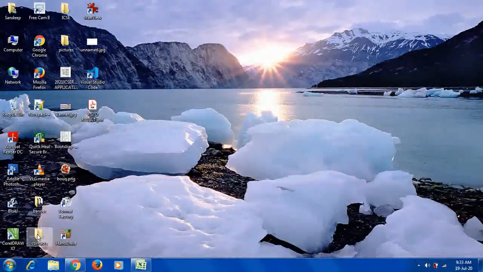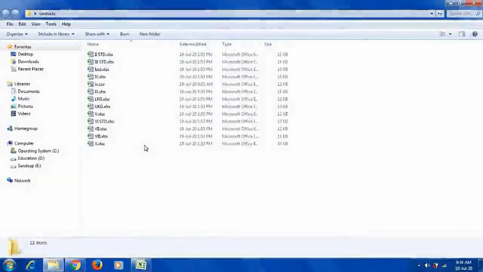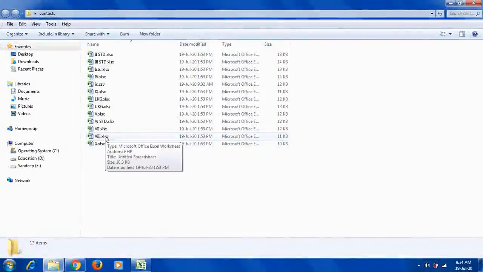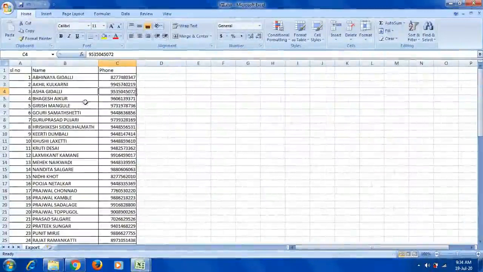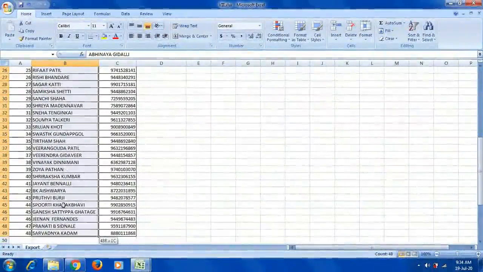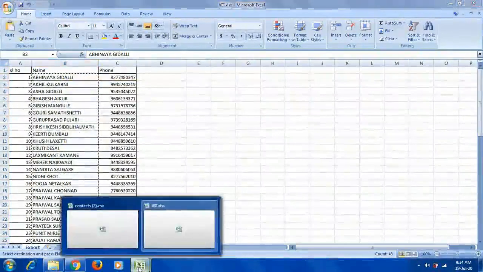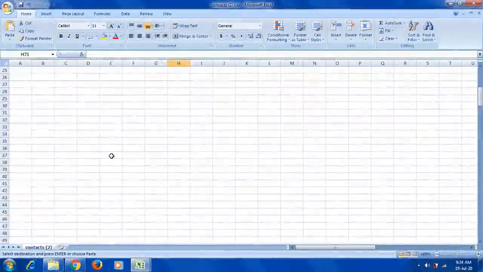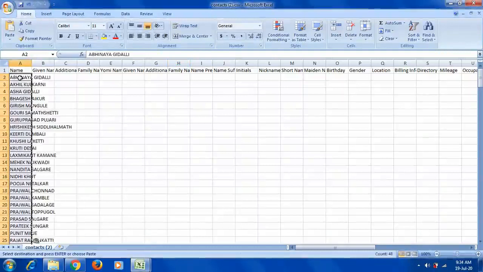My contacts are saved in this folder, the contacts folder. I am going to save the 8th standard contacts in my Android phone, so I will open that 8th standard file. Here I will select that. First select only the names. Select all the names that you have in your sheet, copy those names, then click on that contacts.csv file and in the name column just paste those names.